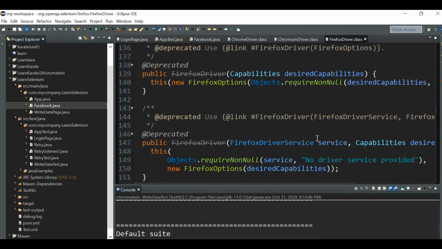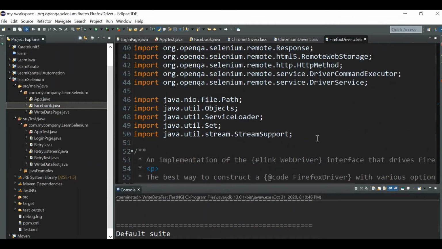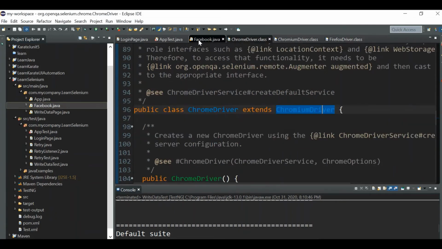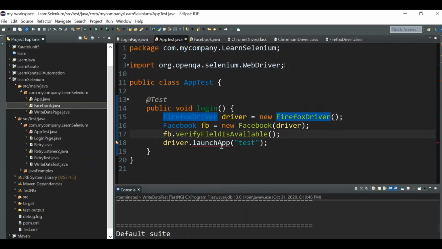FirefoxDriver is extending some other classes, so you can call methods either from FirefoxDriver or from its extended classes, but not from ChromiumDriver or ChromeDriver, right?